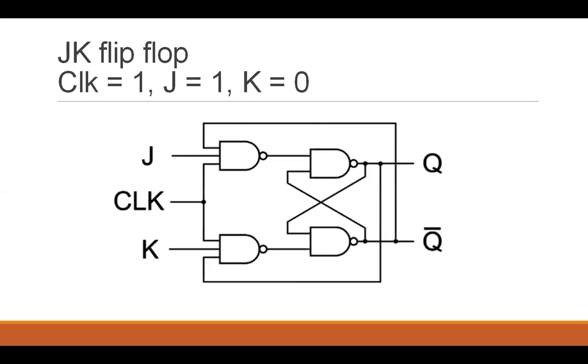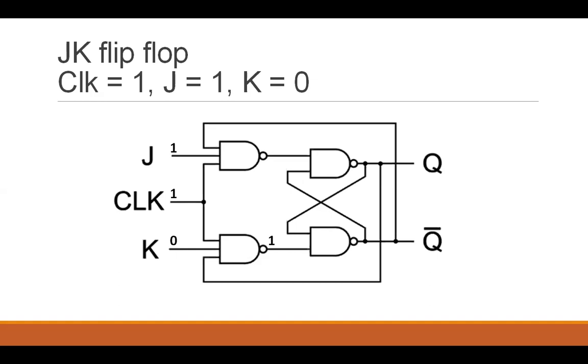So here is my JK flip-flop again. Let's put the inputs. Now I know that from the NAND rule, if one of the inputs is 0, the output is always going to be 1. 0 0 was 1, in the NAND gate 0 1 was 1 and 1 0 was also 1. So using that NAND principle, I can always guess what the output is going to be after I evaluate my first NAND gate of JK flip-flop. It's going to be 1.